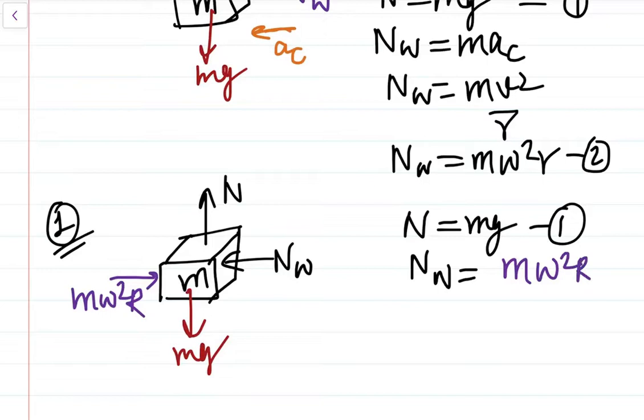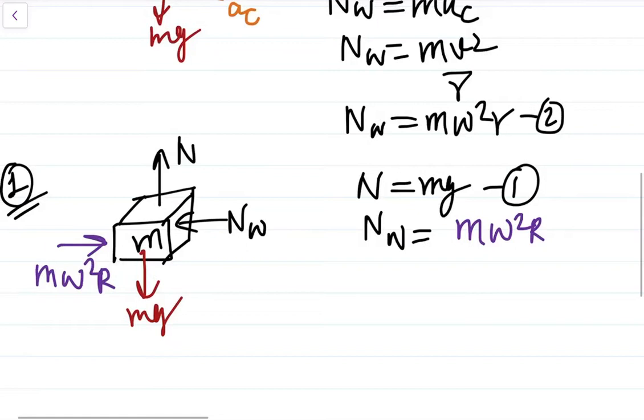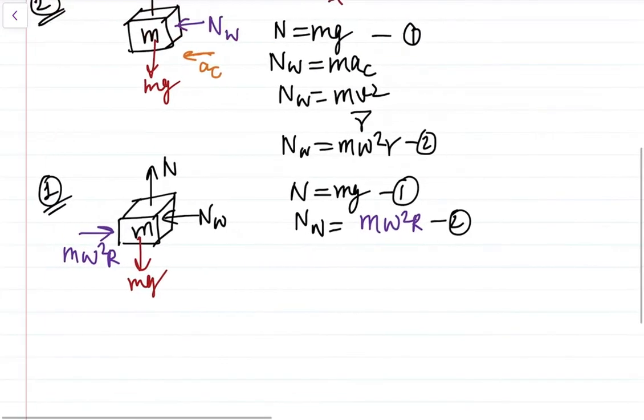Understood? If we don't apply this, then the laws of motion will be wrong, because Nw will act and the block would keep sliding, yet there is also no acceleration. So how will it slide? So in his frame, m omega squared r will have to act here. If it does not act here, the laws of motion will be wrong. I hope you can understand this.